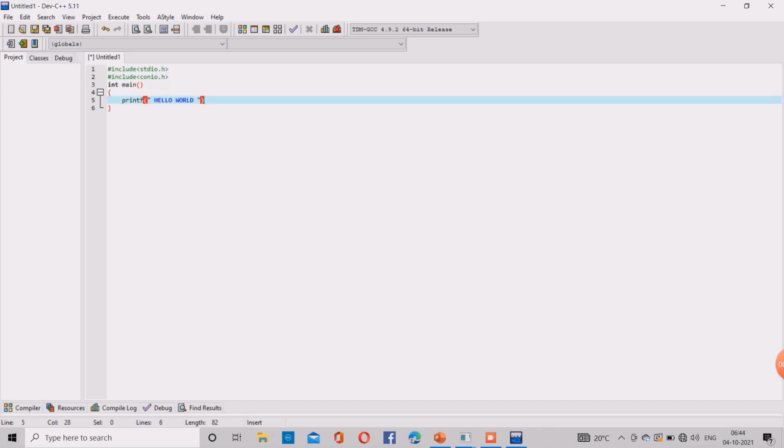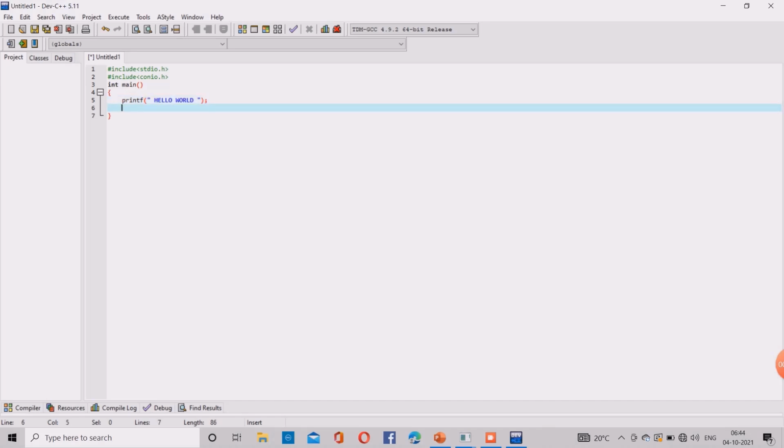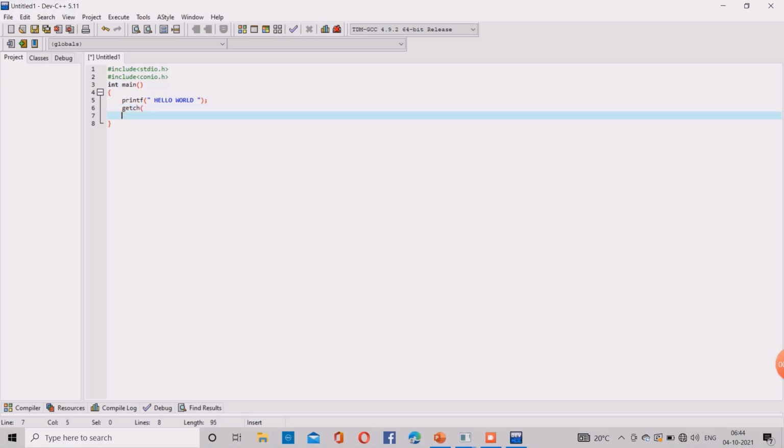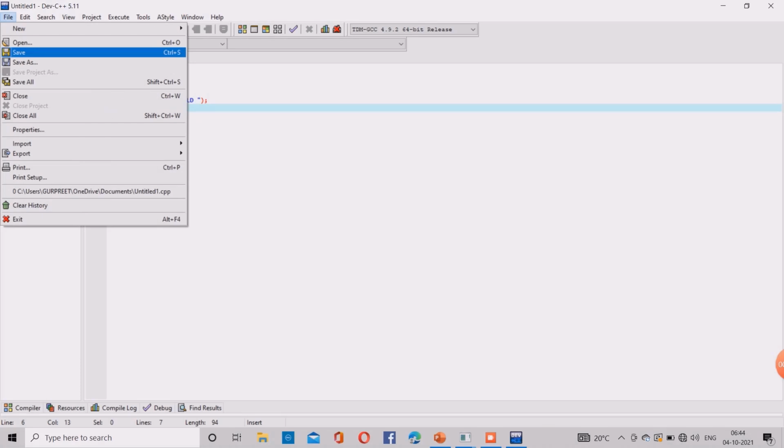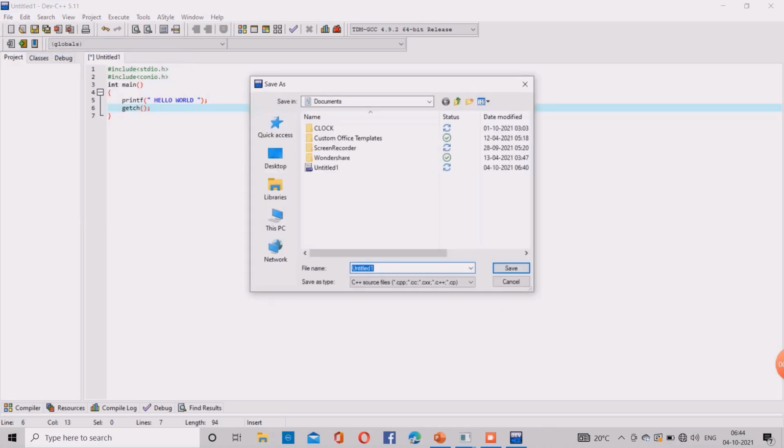We have included the link section only. The definition section is not there. Global declaration is also not there, because we have no need. This is a simple program. We need not include these things. In main also I have only the execution part. There is no declaration part. That is fine, don't worry.